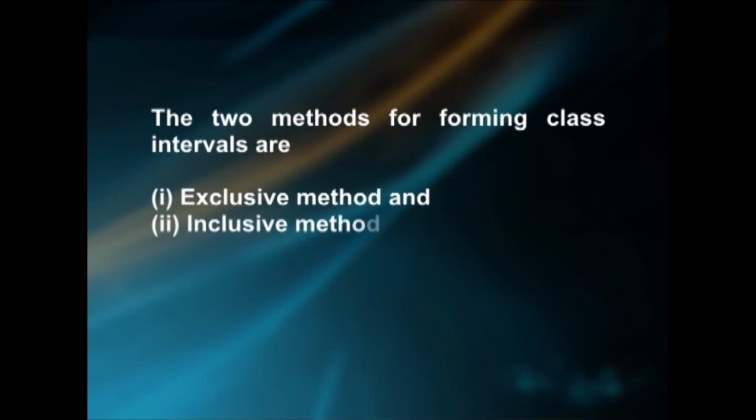The two methods for forming class intervals are 1. exclusive method and 2. inclusive method. In the exclusive method, class intervals are fixed in such a way that the upper limit of a class is the same as the lower limit of the next class. For example, classes of the form 0 to 10, 10 to 20, 20 to 30, etc. are exclusive classes. In such a classification, the observation 20 is included in the class 20 to 30 and this observation is excluded from the class